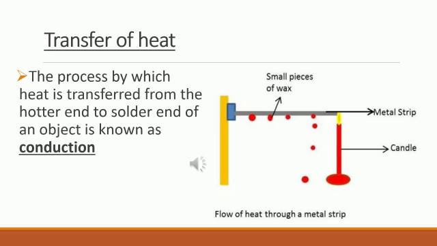So children, you might have observed that a frying pan becomes very hot when it is kept on a flame. And it is because the heat passes from the flame to the utensils, isn't it? When the pan is removed from the fire, after sometime what happens? It slowly cools down. Why does it cool down? Because the heat is transferred from the pan to the surroundings when you take this pan out of the fire.